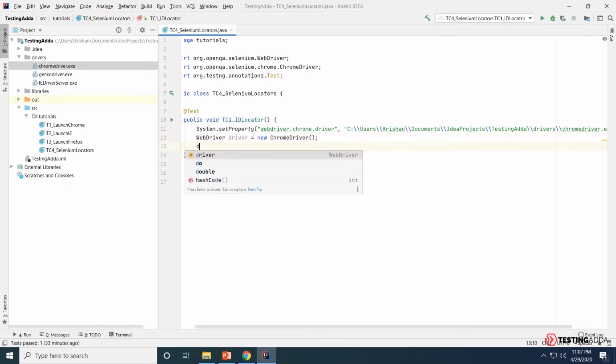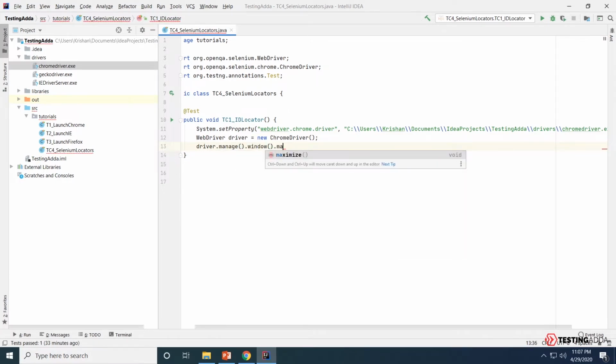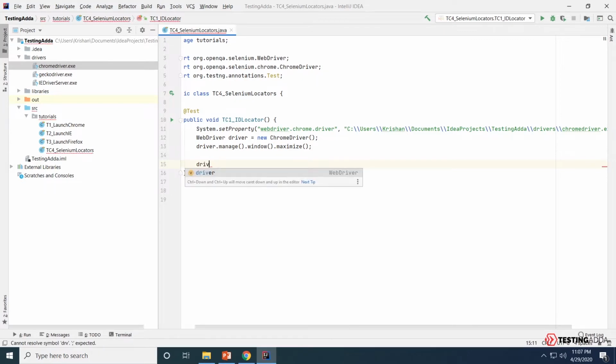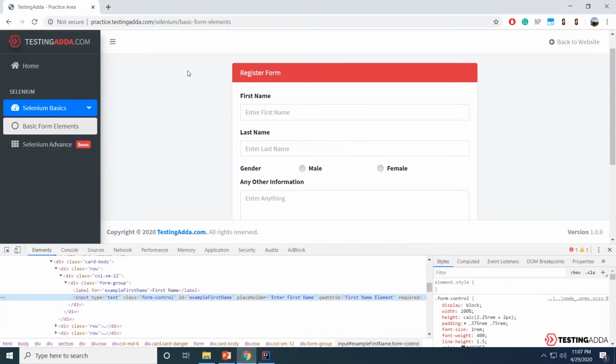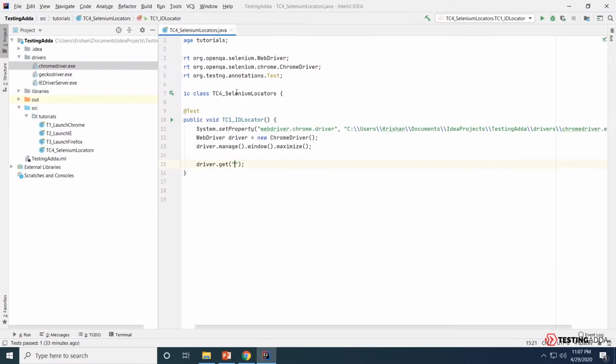I'll maximize the driver using driver.manage().window().maximize(). Now we'll open the URL of the registration form, driver.get. I'll go ahead and copy the registration form URL and paste it here.